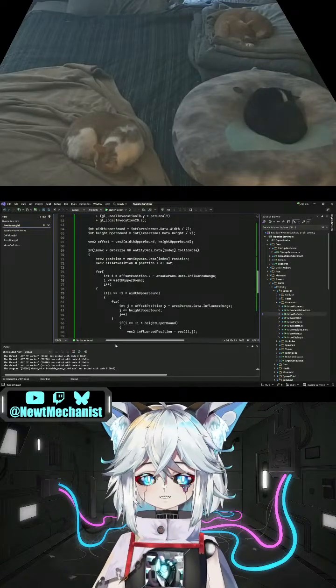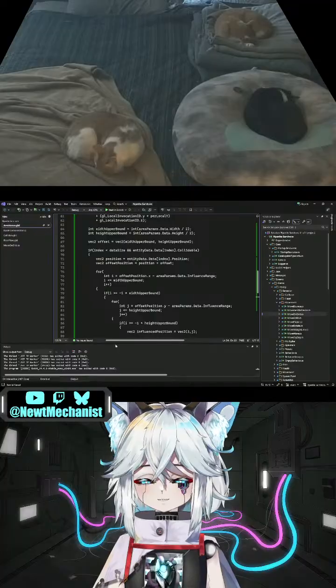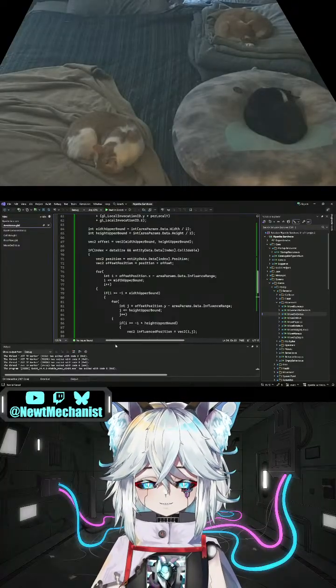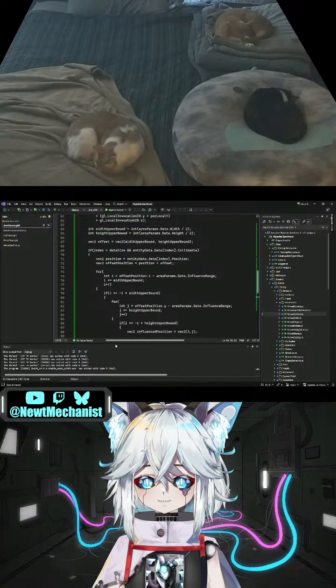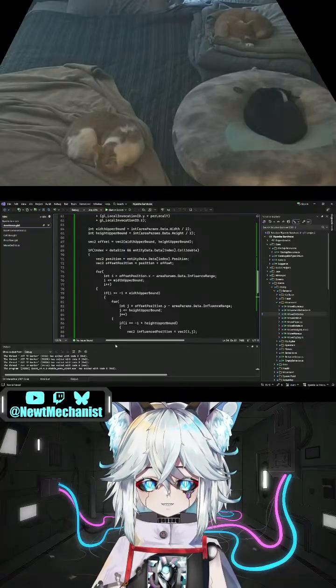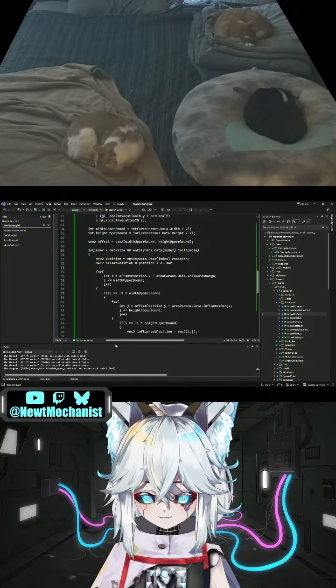We're translating this down to raw pixels, so we're always going to be truncating it to some extent. If every position that we're looking at is in integers,